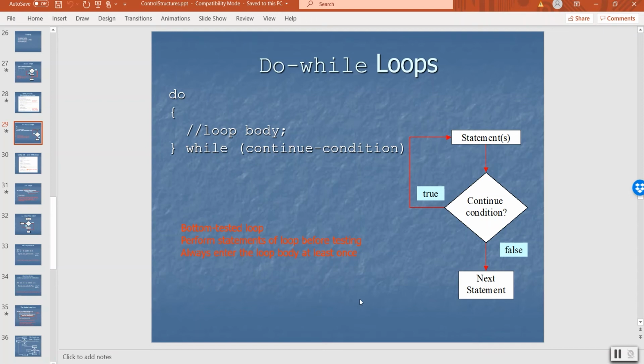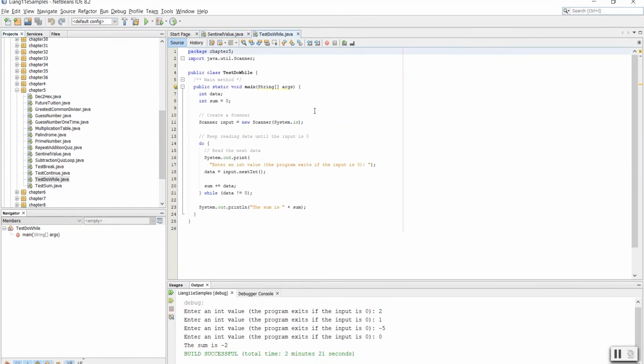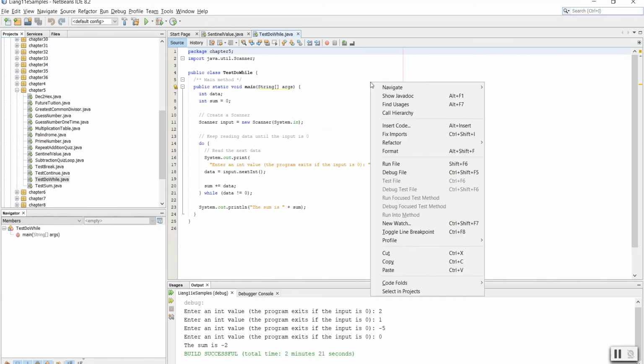And as a matter of fact, in this case, we're going to be doing the test the same number of times as we execute the body of the loop. So here's this test do while, and we can see this. And if I go ahead and run it,